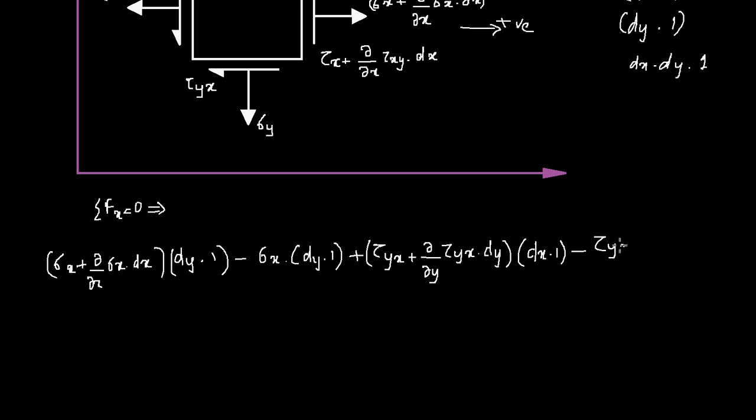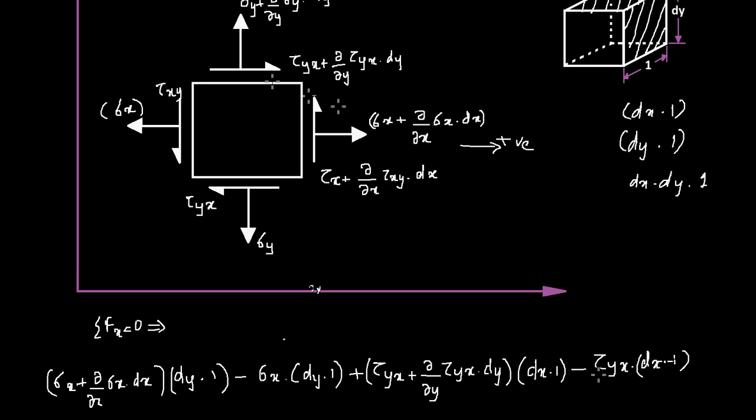Tau yx times dx times 1. Now we have one more force here, which is any body force or any inertia force or any electromagnetic force in this field. We just take it as X along the x direction, X per unit volume,